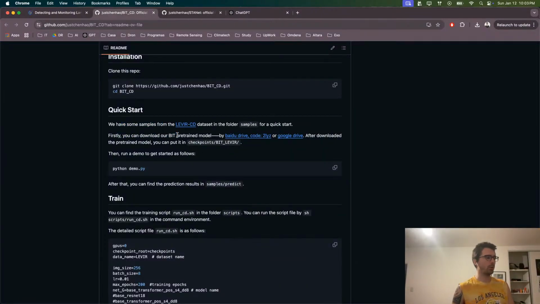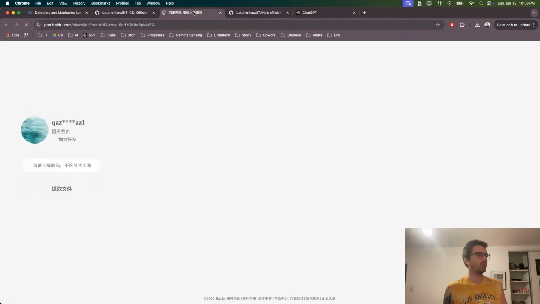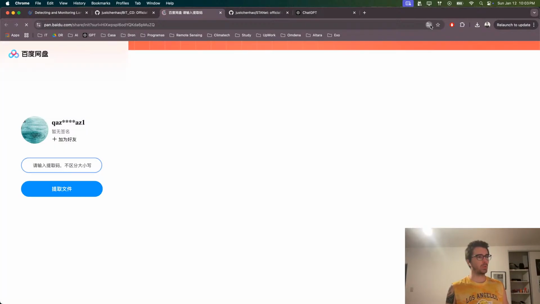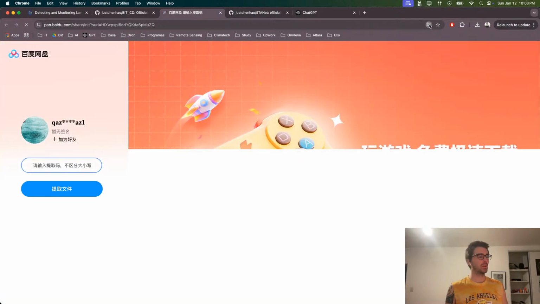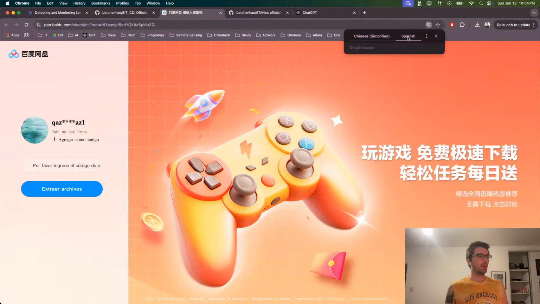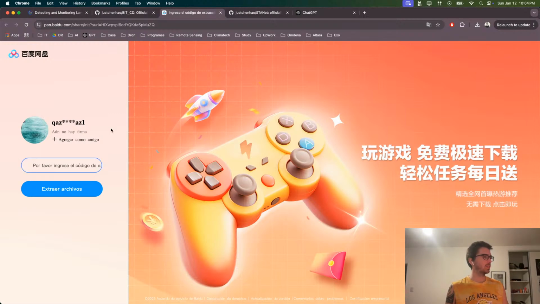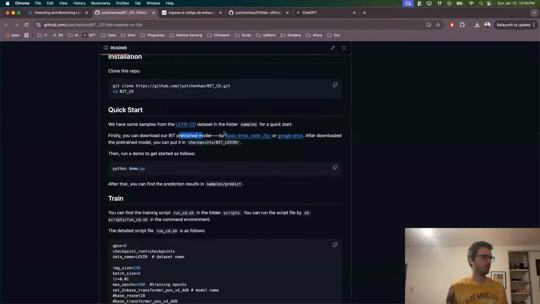You can download or build a pre-trained model from Baidu. Baidu is like a Chinese application similar to Google Drive. So here you have everything in Chinese. I believe if I use Google Translate here, I can put it in Spanish, or let me see if I can do it in English. No. Okay, so you must put a code here, and here is the code, but you also have here